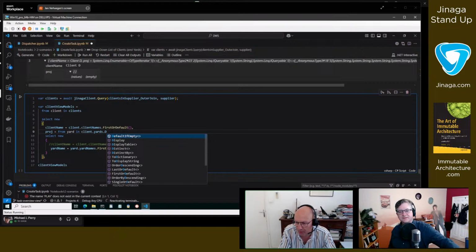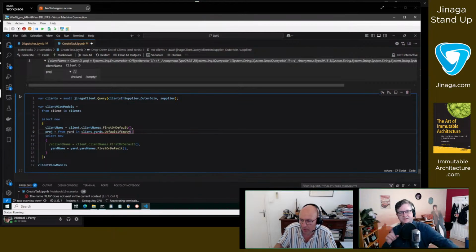Default if empty, yes. The squiggle went away. I was getting worried. I believe that what that will do is when the collection is empty,